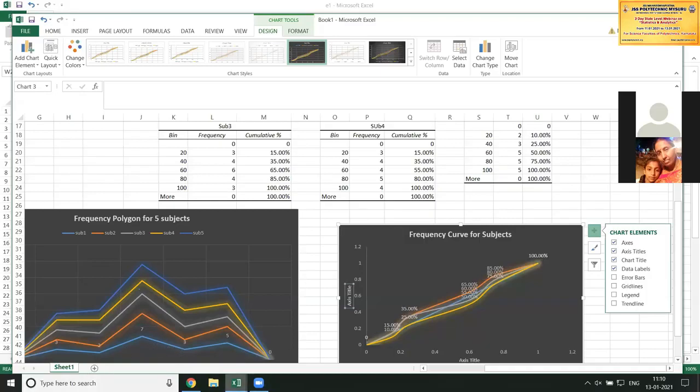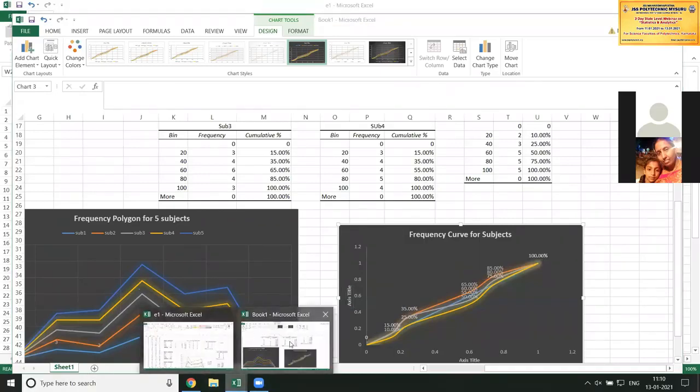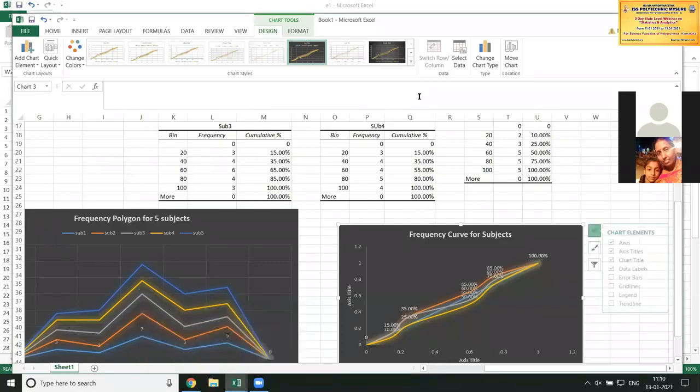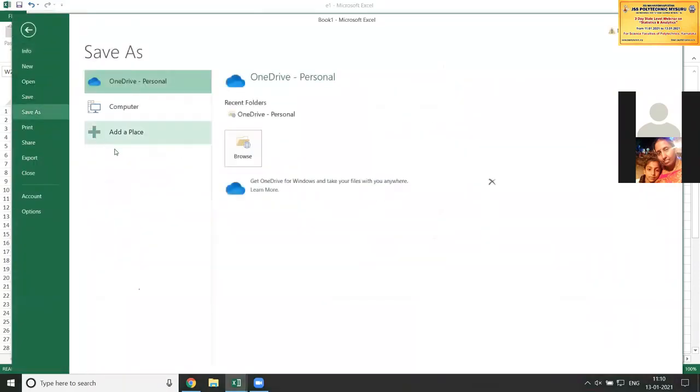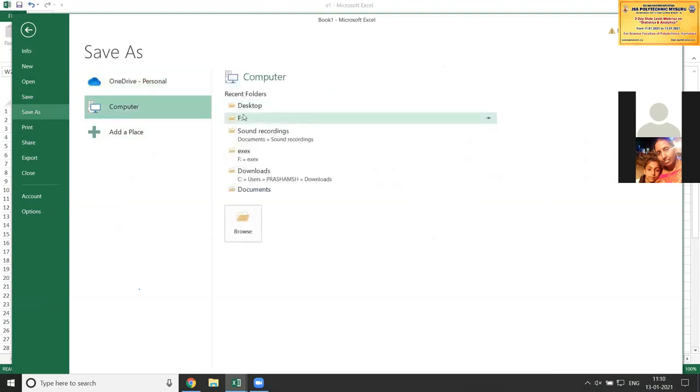So for this second one, I have taken again the subject marks only. For that subject marks, I am going to calculate the standard deviation. If you want to take 2 livestock population only, you can take that also. Otherwise, you can go for this. Before going this, I'll again save this particular file now. I'll say File, Save, go to Computer Location, F drive.